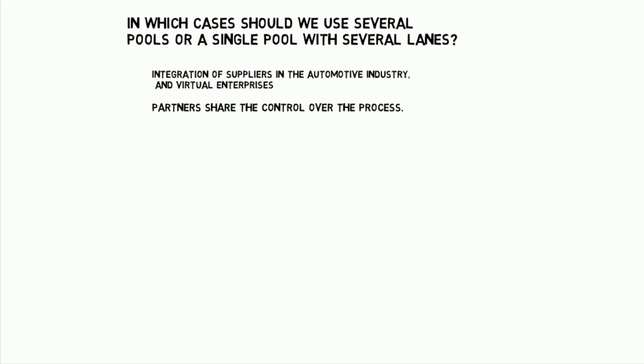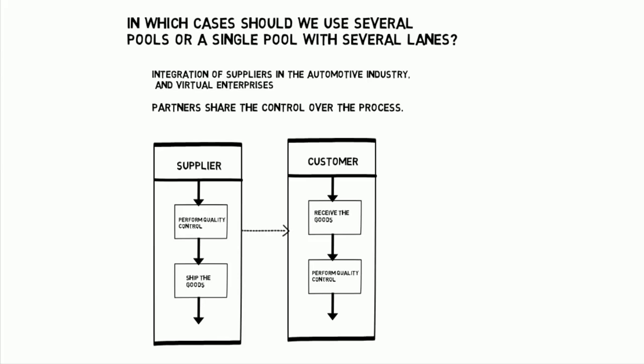If the partners define their processes independently of each other, this may lead to the following situation. A supplier performs a quality control before shipping goods. When the customer receives the goods, he performs a quality control for the same goods again. If only the collaboration of each partner's individual process are analyzed, it cannot be detected that the same activity is